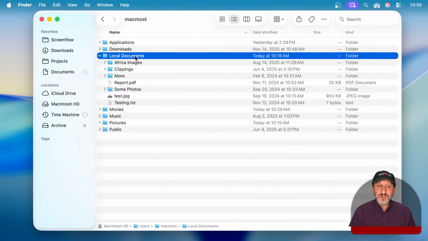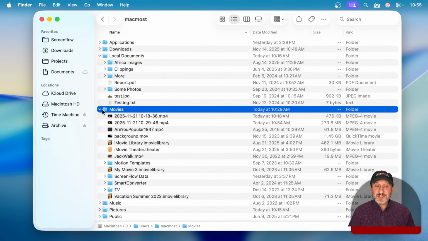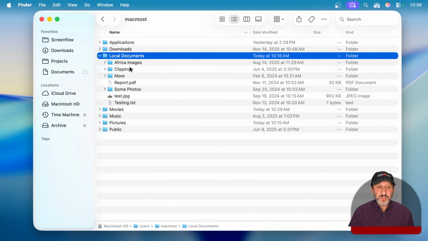But this documents folder here has stuff. And this documents folder is on my hard drive in the users folder or my home folder, not an iCloud Drive. So if you're creating big video projects, you could use, say, the existing movies folder to put your iMovie library, create it in there. Or if you're using some other app, DaVinci Resolve or whatever it is, you could put your projects in movies. You can create a local documents folder, put your projects in there,